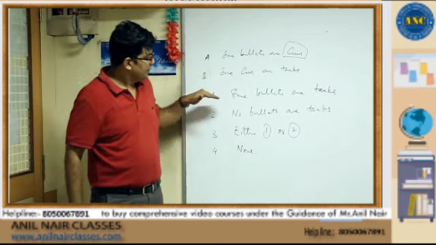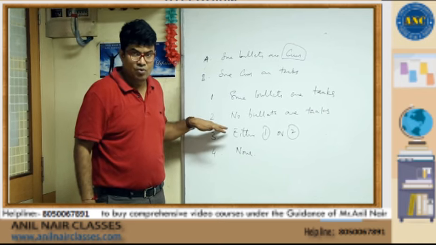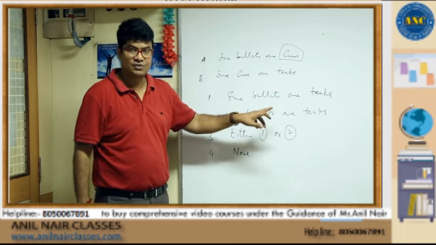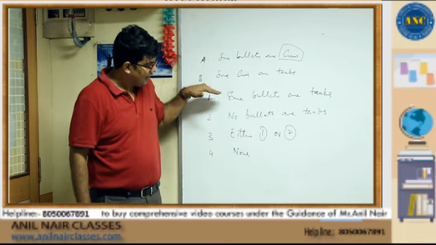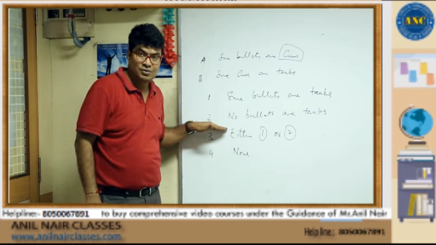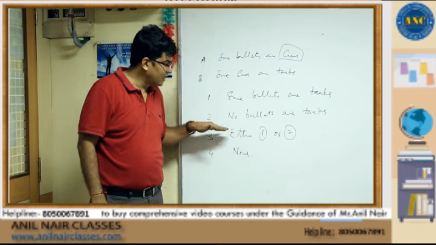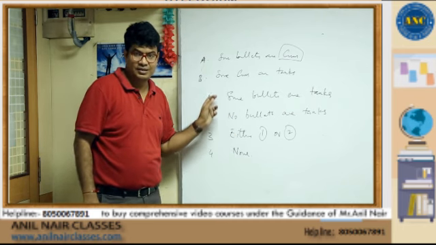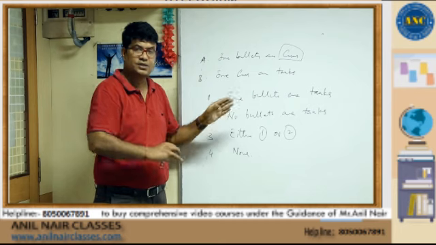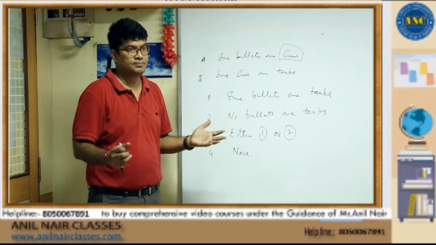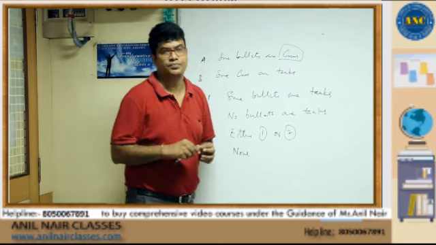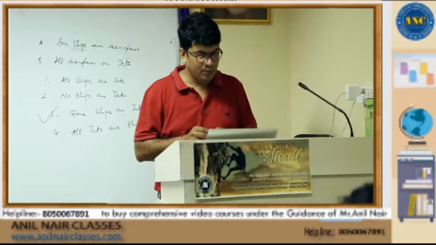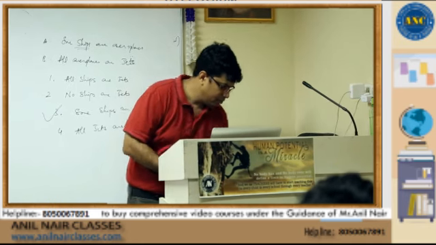What I'm trying to say is that here they are individually not true, but definitely they are complementary. Some bullets are tanks and no bullets are tanks will ensure that either this or that will be true. Is it giving the total knowledge about everything? No. Together, are they talking exhaustively about bullets? Not necessary is what I'm trying to answer. Are you okay? So we're done with this. You can look at the remaining examples yourselves, and